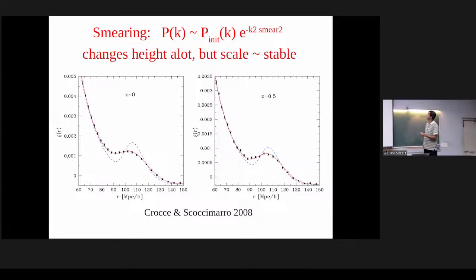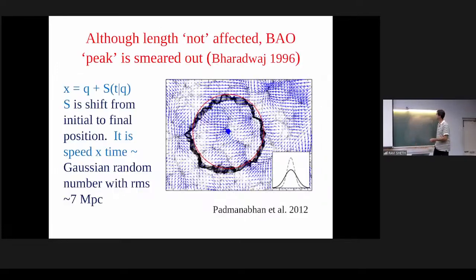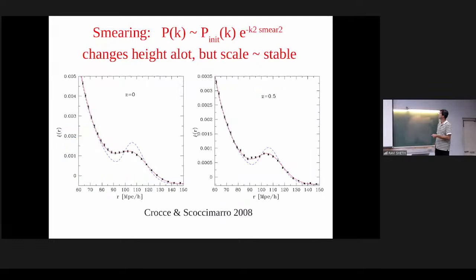And roughly speaking, if you think of these as just random motions with some Gaussian distribution, the RMS of the Gaussian is 7 megaparsecs. Then what you're doing is convolving the Gaussian bump with a Gaussian. You convolve a Gaussian with a Gaussian, it remains Gaussian, you just suppress the height. So that is what happened here. You took a Gaussian, you convolved with the Gaussian, you got a broader Gaussian. And so this got suppressed to this. But this is more or less what it was before.